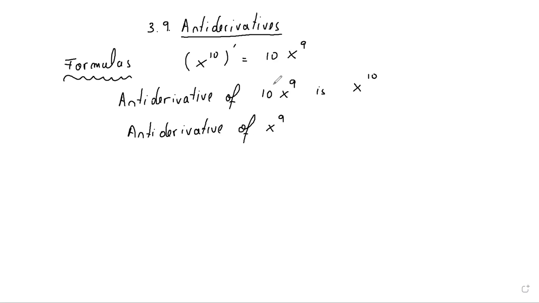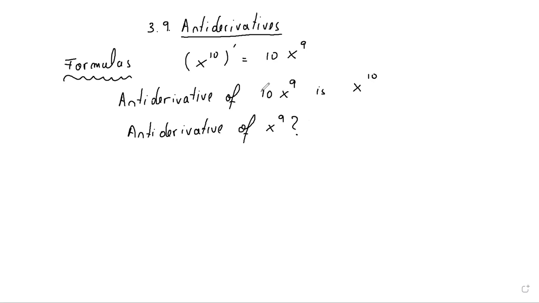Why should I worry about this coefficient 10? Because usually, like you ask what's the derivative of x to the 9, you can very well ask the other question, what's the antiderivative of x to the 9? And it's not difficult, folks. So when you calculate the antiderivative, fortunately, this process is linear in